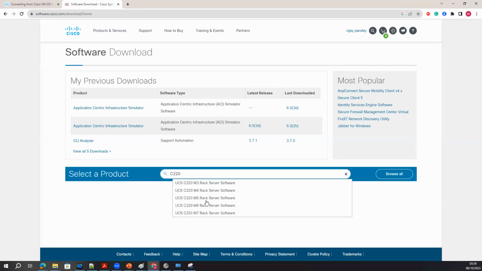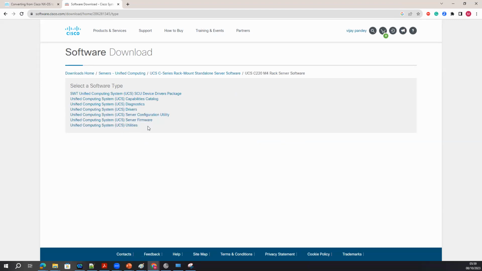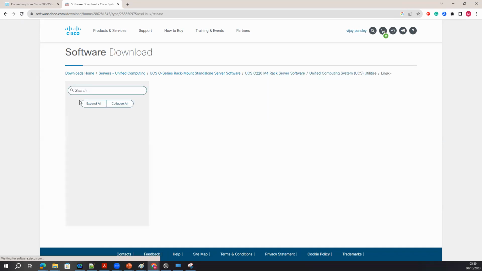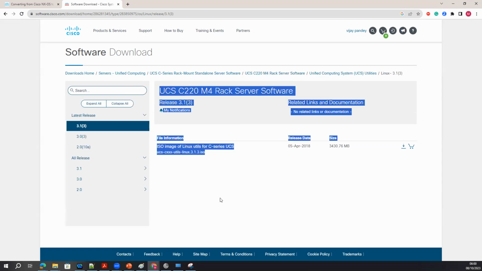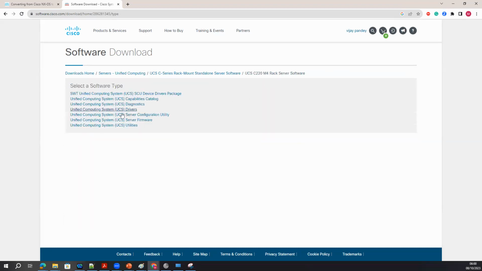You have to type the server M4. Then you can see the host utility option, right? This is the CIMC version. I will say Linux. Yeah, this is the one. This is the CIMC image. You can see that. The host utility image is the CIMC image.